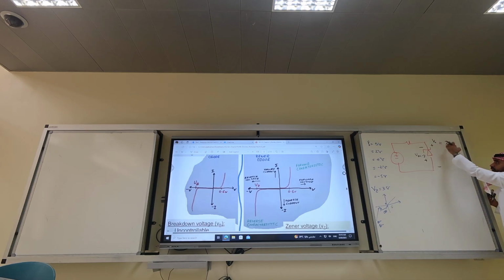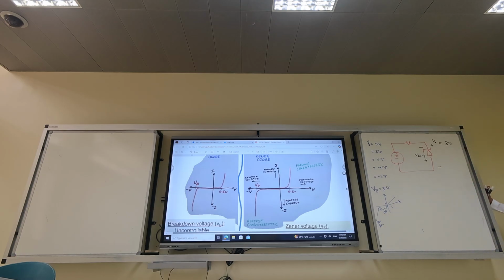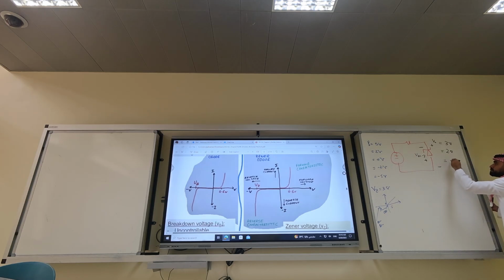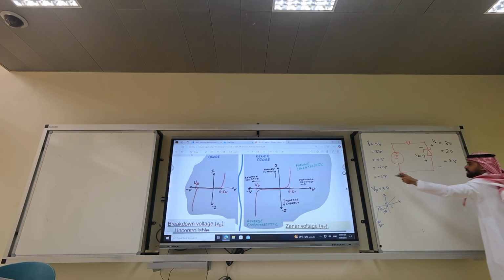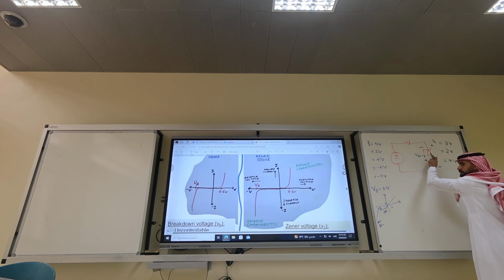3. So this voltage regulator gives you 3. If the voltage is 2, what will be the output? The diode is off. So the output is what? Open circuit. V source, 2 volts. If the input is 0, what's the output? 0 volts. If the voltage is minus 2,